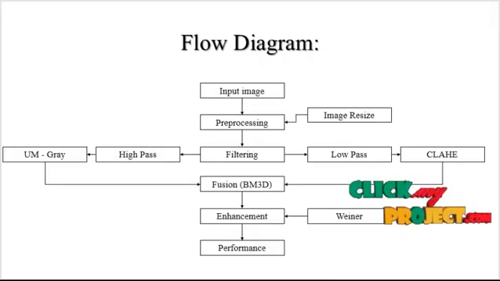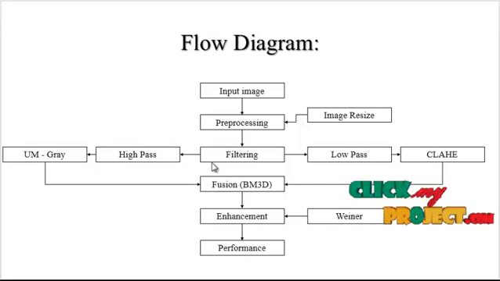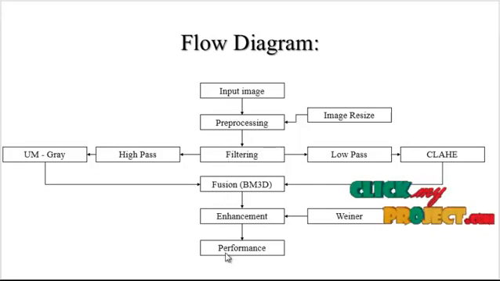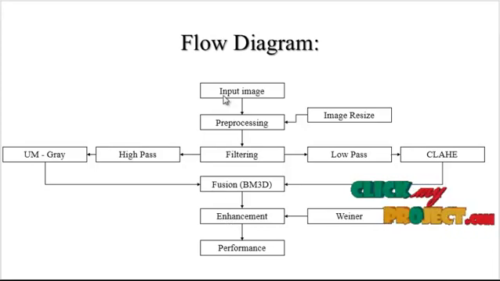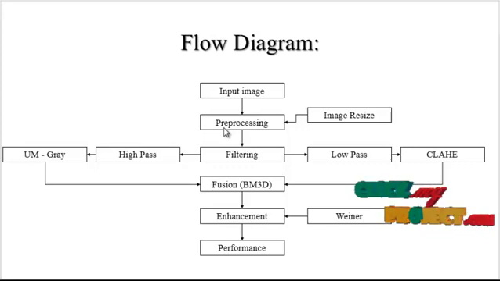Now we are going to discuss the flow diagram of the process. This is the overall working flow of this process. The modules of this project are input image, pre-processing, filtering, fusion, enhancement and finally performance estimation. At first the input image will be taken from the dataset. The dataset consists of low resolution images. After getting the low resolution image from the dataset, we move on to the second step of the process,